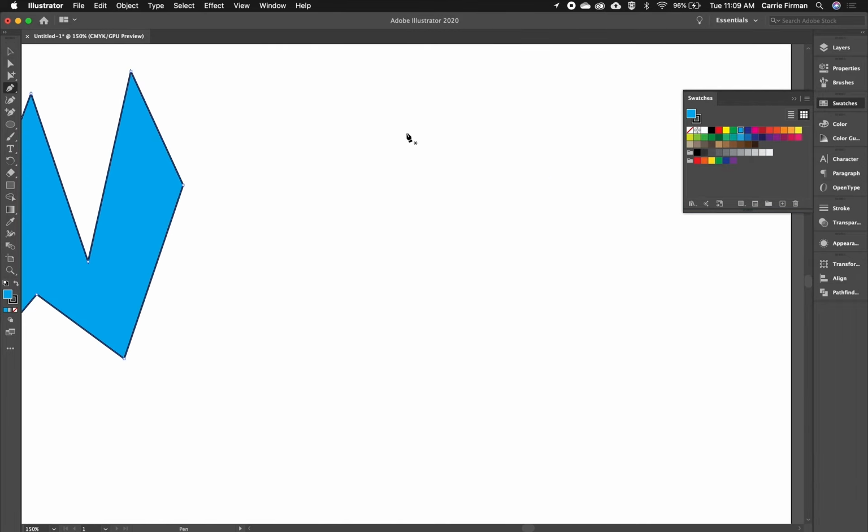We can also use the shift key to make sure our lines stay perfectly straight. So just like when we resize or move a shape, if I hold the shift key and then start clicking, I can only draw lines that are perfectly vertical, perfectly horizontal, or perfectly 45 degrees. So if I keep holding the shift key here,